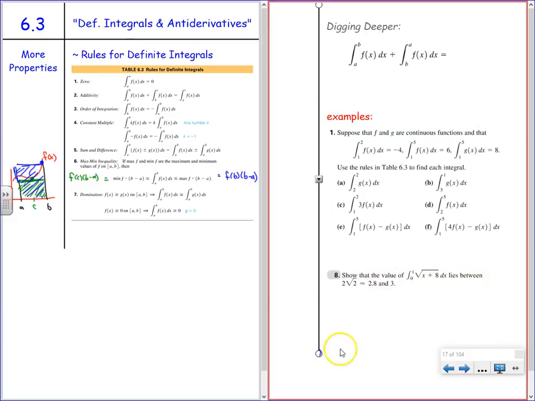But why is it 0? Because the second one is the negative of the other. If we go from A to B, and then we go from B back to A, question, what is our total displacement? 0. So we can say it's the exact same thing as the integral from A to A of f of x dx. So we can say that the integral from A to B of f of x dx, if that's just 0, which you guys already said,